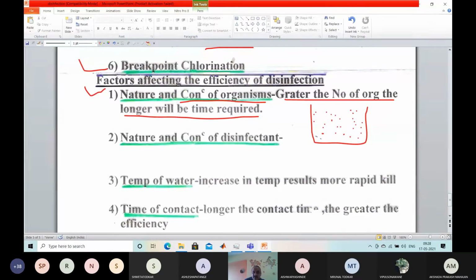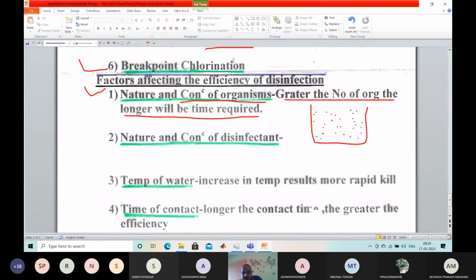We already discussed the mechanism of disinfection. What will happen in the first step? The outer cell of that microorganism is going to break. Then the chlorine is going to enter into the cell. Then the protoplasm of that cell is going to be disturbed, the permeability is going to be disturbed. Afterwards, the chlorine is going to deactivate the critical enzymes. So this way, these things work here.